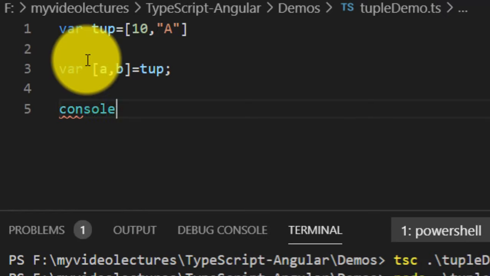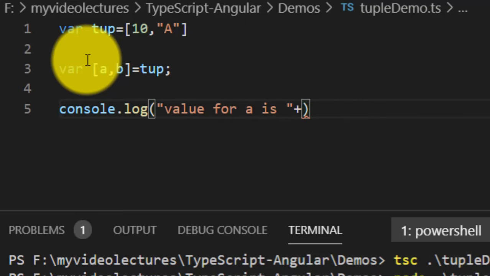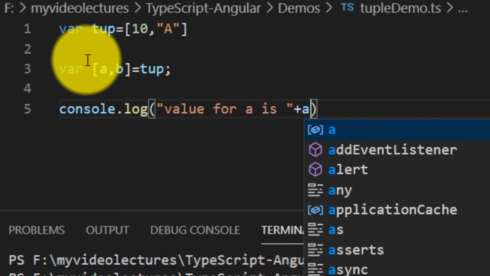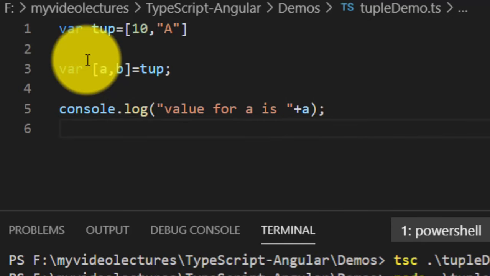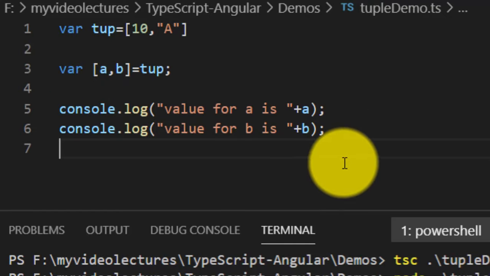Suppose I go like this, console.log: if I print the value for a is, here you have to print a, and similarly the value of b.